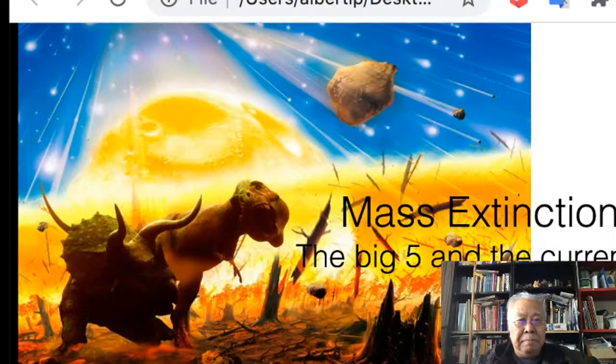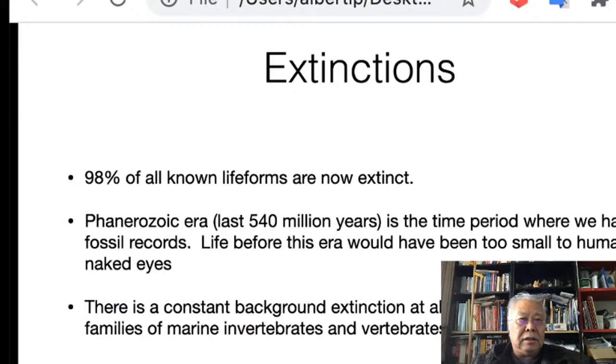Mass extinction. The big five and the current sixth. So actually there are more than five extinctions. What we are talking about are the big ones. So in an extinction, we are talking about 98% of all the known life forms are now extinct. So this is looking in the past. There are lots of species which no longer exist today,